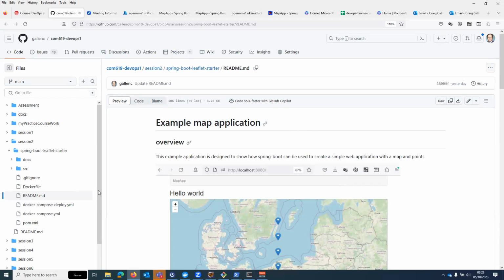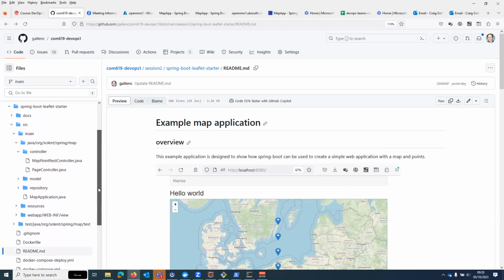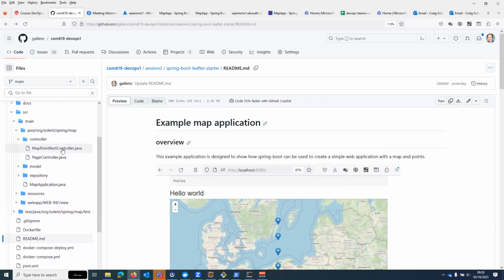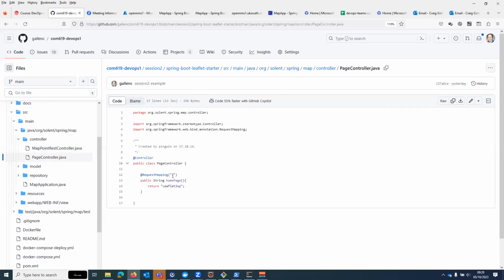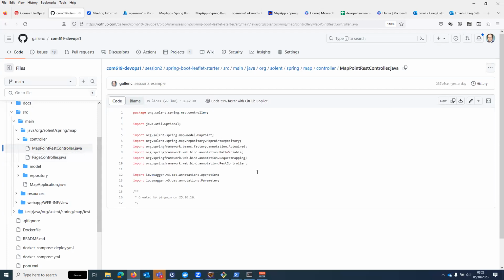All right. So that basically explains how the JSP works. Now we need to look at how the REST API works. Okay, and that's a little bit more complicated. So the REST controller here is very like the page controller. The page controller is mapping that request to a JSP, but the REST controller,